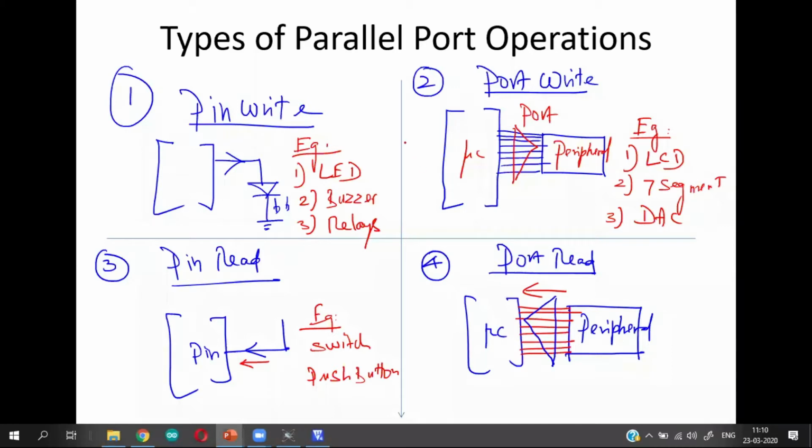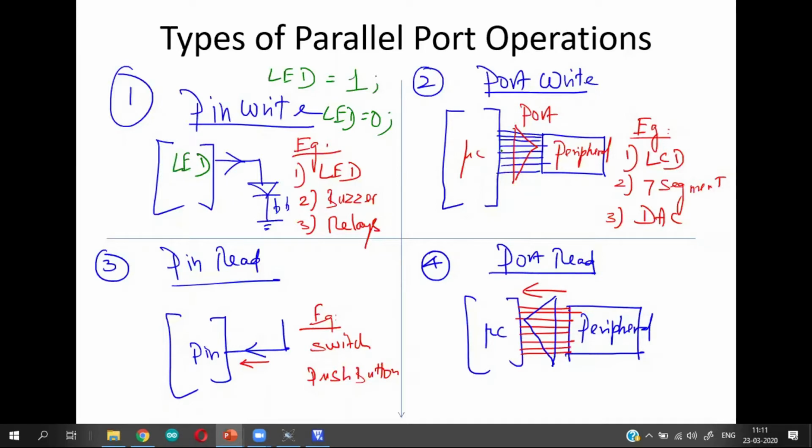So if you ask me, how do I deal with the programming part for these 4 different types of parallel port operation? For pins, we assign names by using sbit variables. Say, for example, I assign LED here. Then I use LED equal to 1 for writing a 1, and LED equal to 0 for writing a 0 in that particular pin.